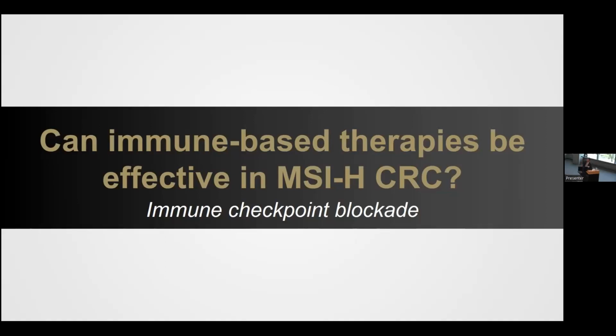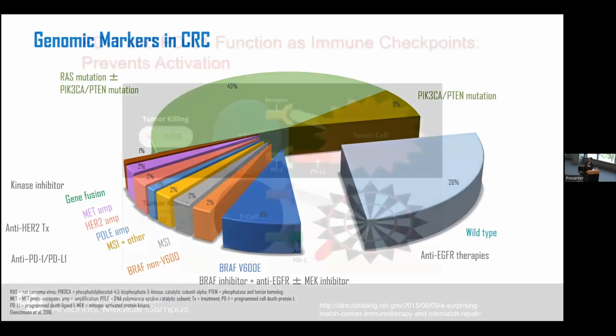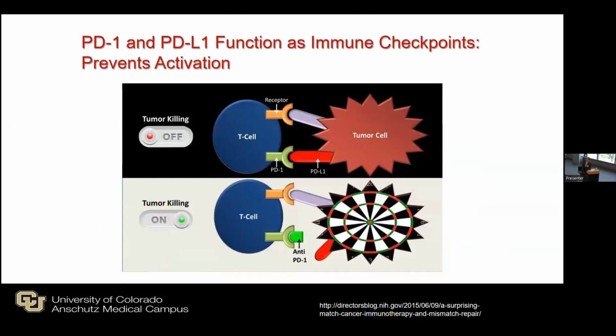Vogel's already talked about immune checkpoint blockade. So we know that there are a lot of genomic markers now that we look at in colorectal cancer. This is where you want to see oncology go, where we're starting to divide up this pie for colorectal cancer and be able to offer personalized therapy. And our patients with Lynch syndrome that are MSI high represent a sliver of this pie. But the question is, well, if you have the dance floor, you have people on the dance floor, can we